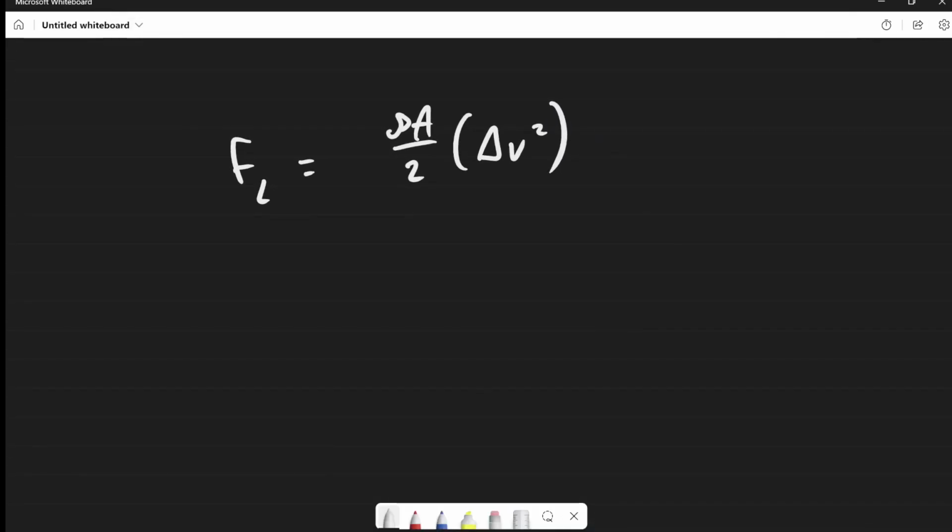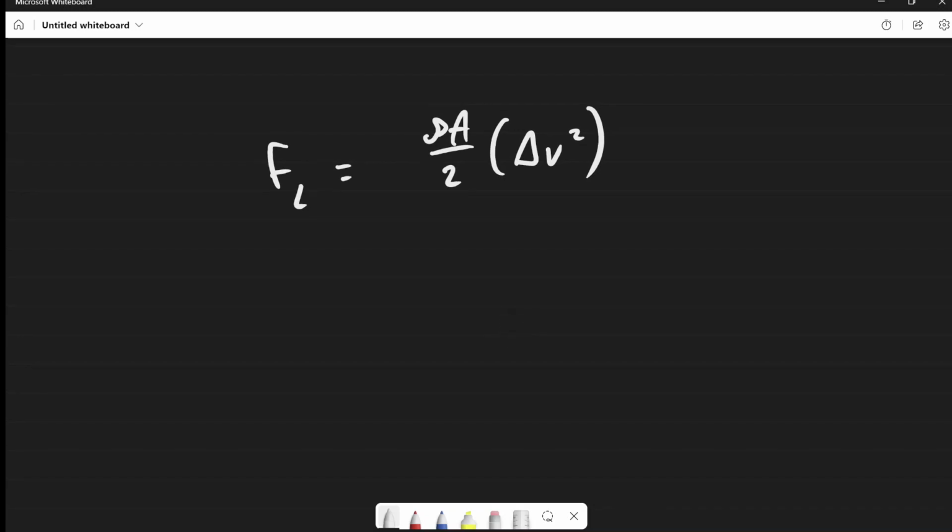Okay, so in one of the videos, I discussed this formula here for the lift force on an airplane's wings, and I said I wasn't going to derive it. However, I feel like it's a fairly simple one to derive anyway, so we're going to see how it's derived. It's actually derived from the Bernoulli equation,